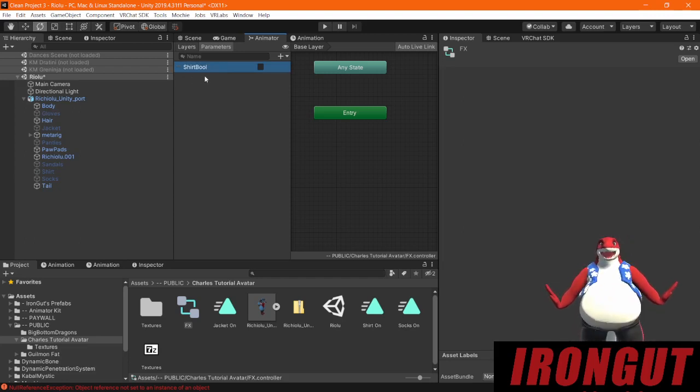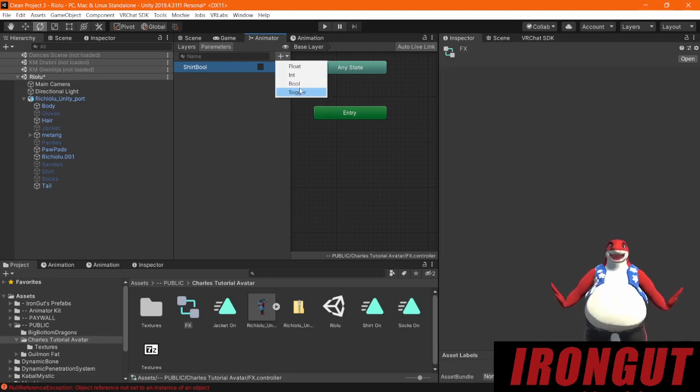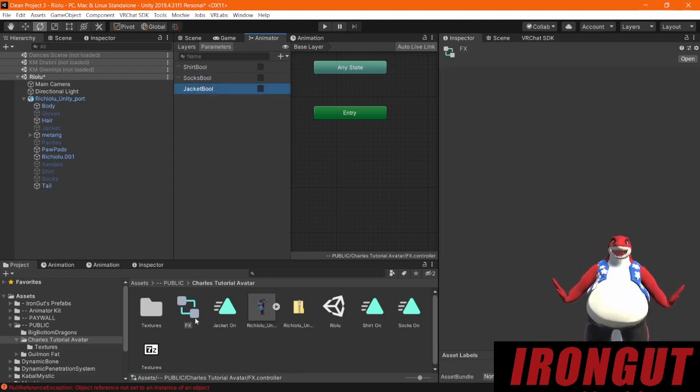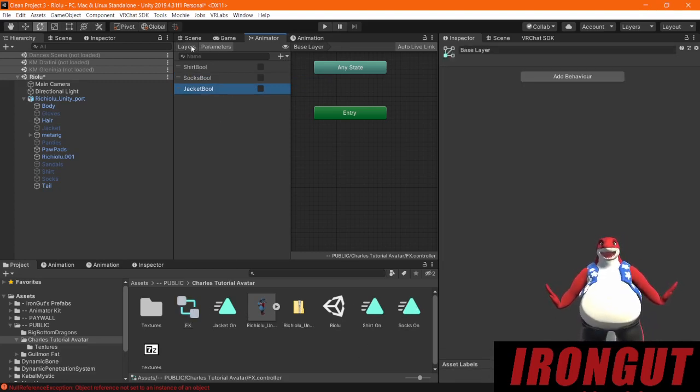That will be what's going to control the shirt. We're going to make one for everything that we want to control. For example, the shirt, we got the socks, so we need a socks bool. We're going to make a bool for the jacket. Call it jacket bool. And those are the 3 that I'm going to set up for now. So now, once we've got those set up,